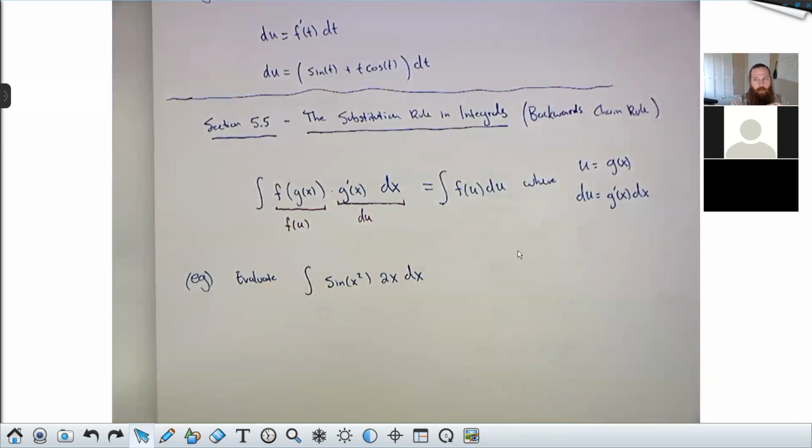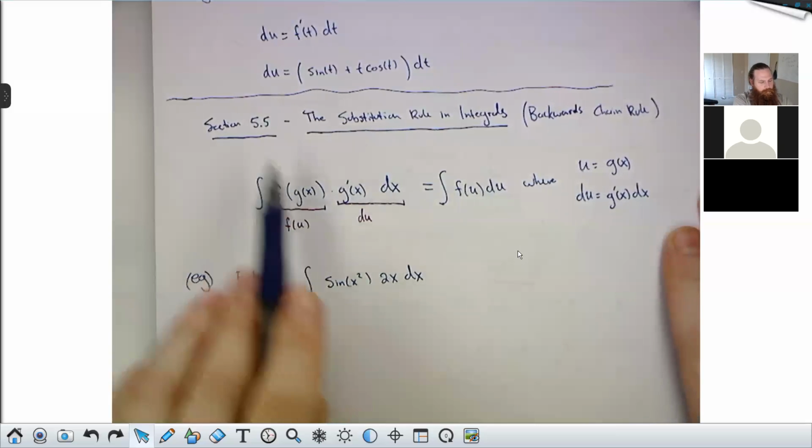Remember in our last lecture, we talked about doing algebra to get rid of multiplication or division. So you just have addition and subtraction in here, and then you can anti-differentiate each piece on its own. Would it be negative cosine x squared? We'll get there, but yes, yes it will. So